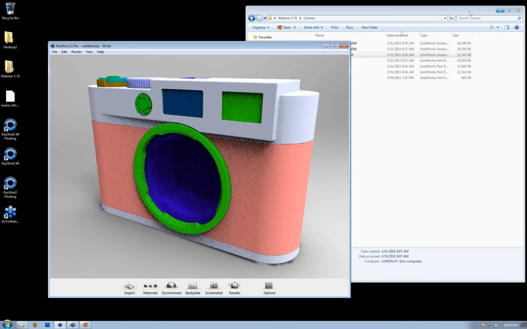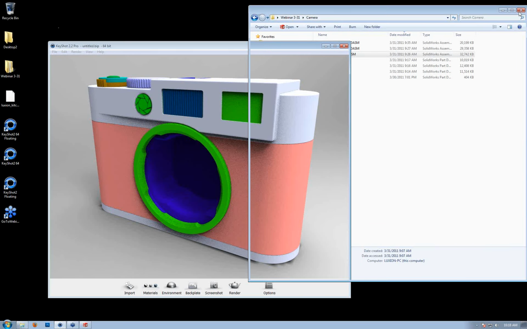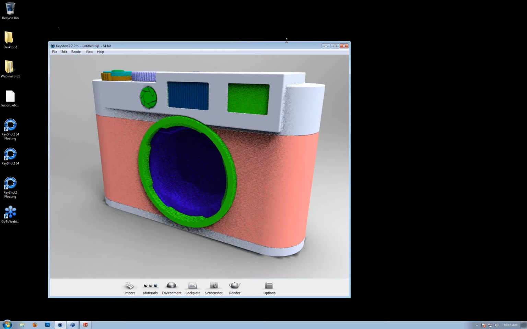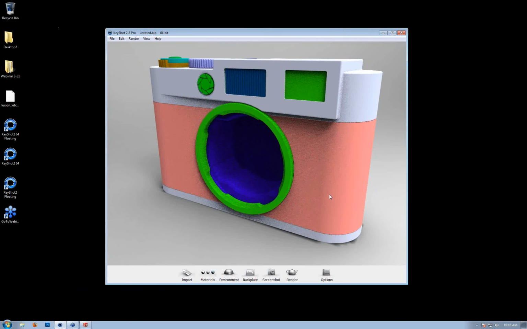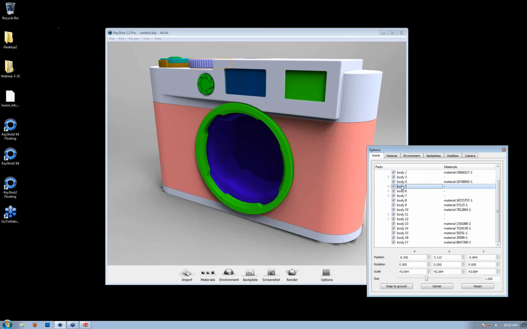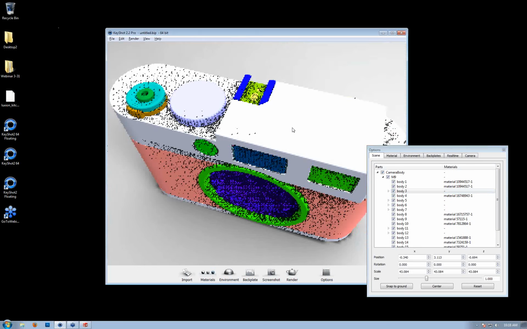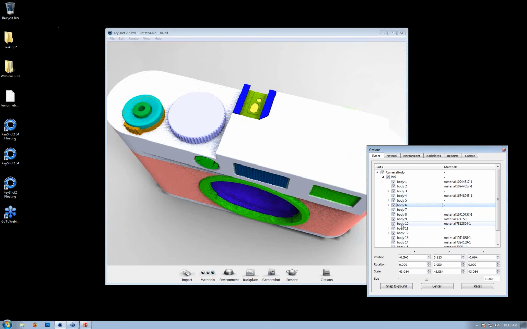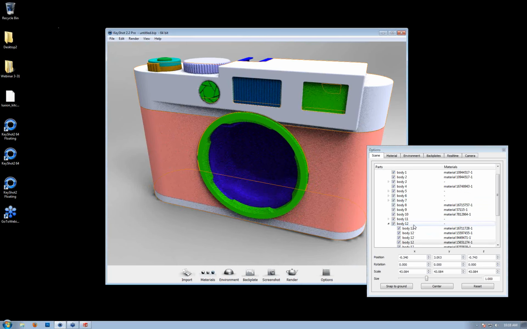Okay, so we have our camera here, and what we're going to do is work on some materials. We're going to use some of KeyShot 2.2's functionality to help us. So I'm going to use the scene tree. You'll see with the SolidWorks import, we have the whole hierarchy represented in the scene tree, and of course the outline that's new as well. So I can use the scene tree to apply materials to larger groups of things. So if I see that this is a group of this body here,